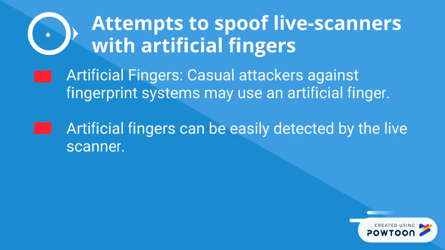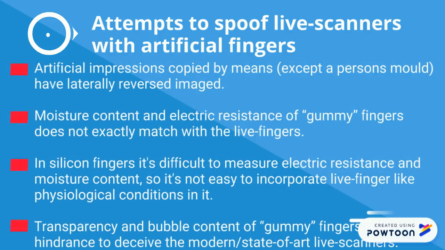Attempts to spoof live scanners with artificial fingers. Casual attackers against fingerprint systems may use an artificial finger. Artificial fingers can be easily detected by the live scanner. Artificial impressions copied by means other than a person's mold have a laterally reversed image. Moisture content and electric resistance of gummy fingers do not exactly match those of live fingers. In silicone fingers, it is difficult to measure electric resistance and moisture content, so it is not easy to incorporate live finger